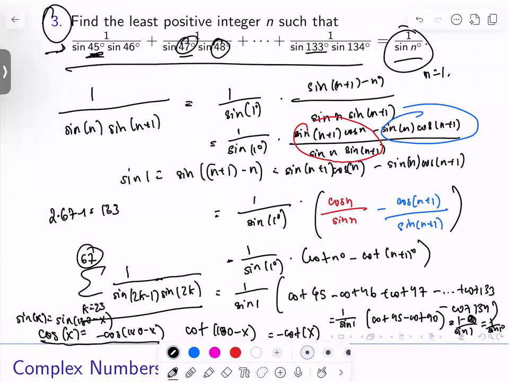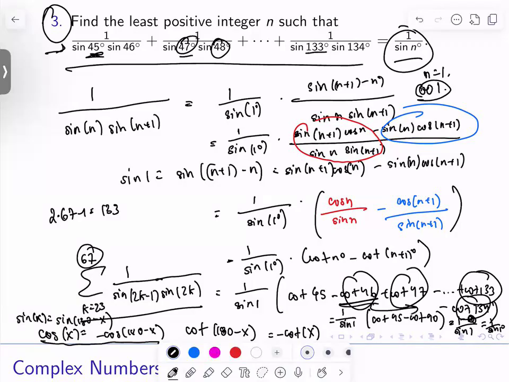And since it's an AIME problem, you'd write it as 0, 0, 1. The reason all this stuff cancels out is that, as you can see, cotangent of 46 and cotangent of 134 can be paired up. The same goes for cotangent 47 and cotangent 133, and so on, so everything starting from here onwards